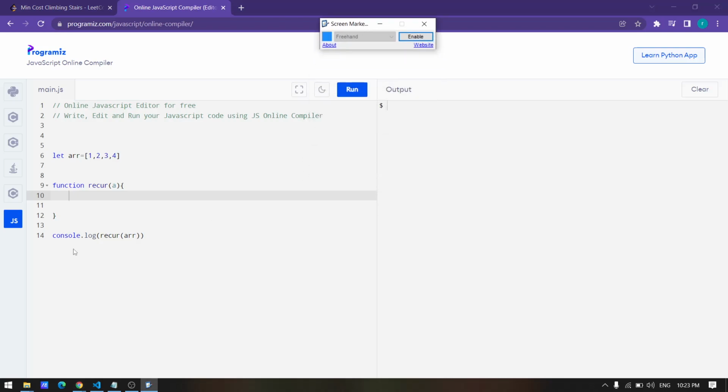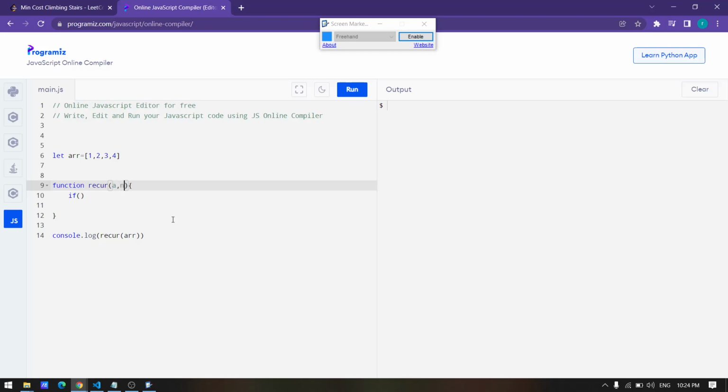So first of all, what is the scenario? You can start from this part, so I'll start from here. In recursion you already know that there is some base condition. The base condition here is if you reach the end of the array, arr.length.